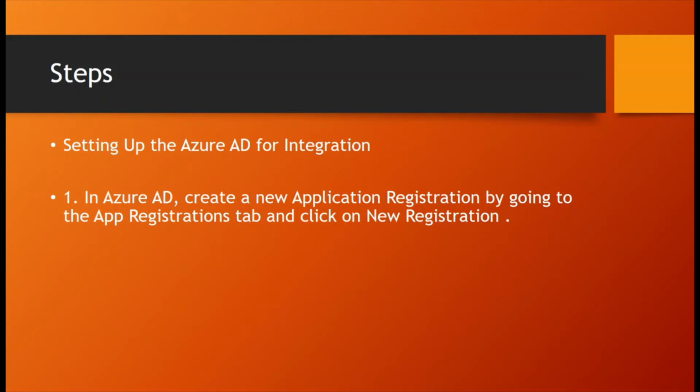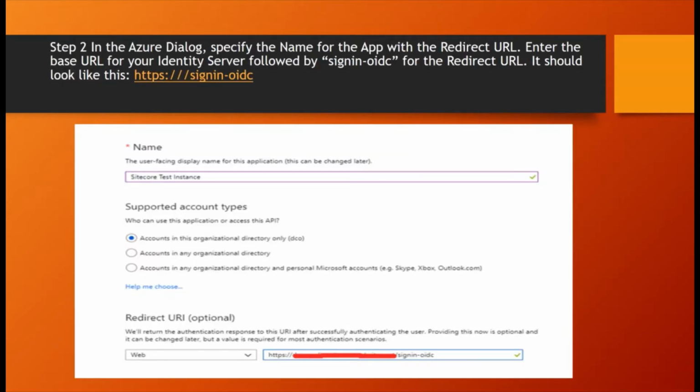Suppose I need to set up an Azure AD account. First I need to go to the Azure portal. There I need to create a new registration by clicking on applications. In the new registration wizard, I need to provide the name, supported account types, and redirection URL. The redirection URL, which is the page to go to after a successful login, is optional. These three details we need to provide.